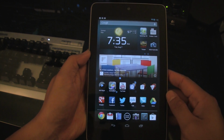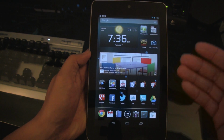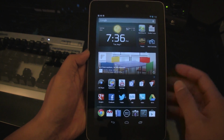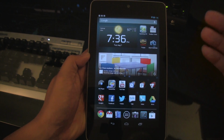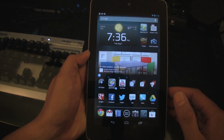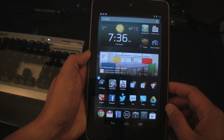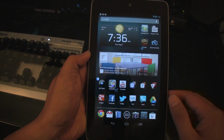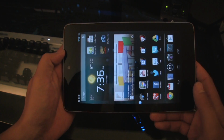Today I'm going to be sharing with you my user experience with the Nexus 7 tablet, and I'll be showing you some of the daily uses as well as some very specialty kind of uses with the tablet here, and hopefully you're able to enjoy this. This is going to be kind of a long video because I'm also going to be doing a few demos on the second half of this video. And first and foremost, before I begin, I'm going to talk a little bit about the form factor here,